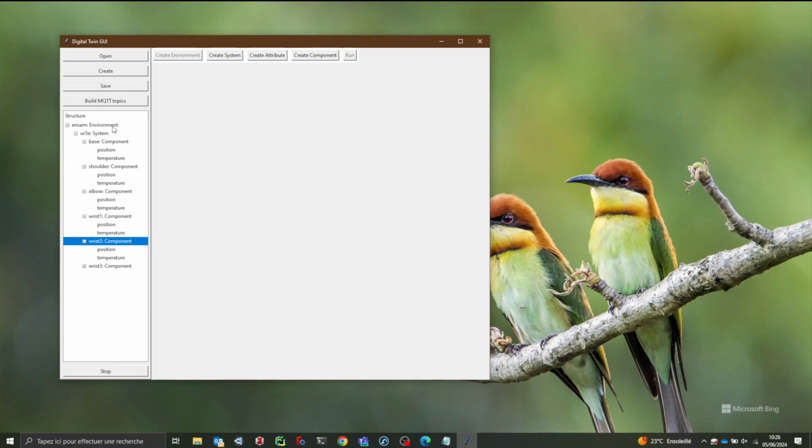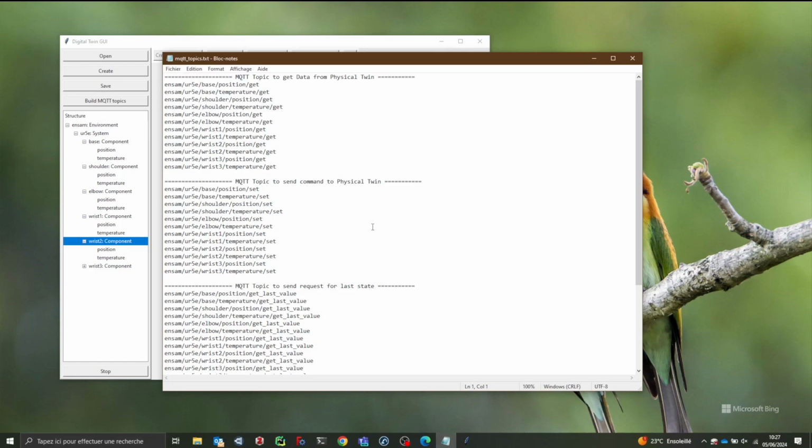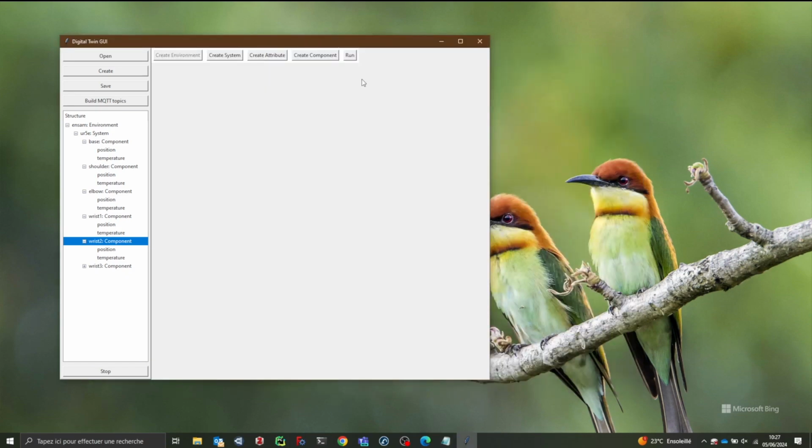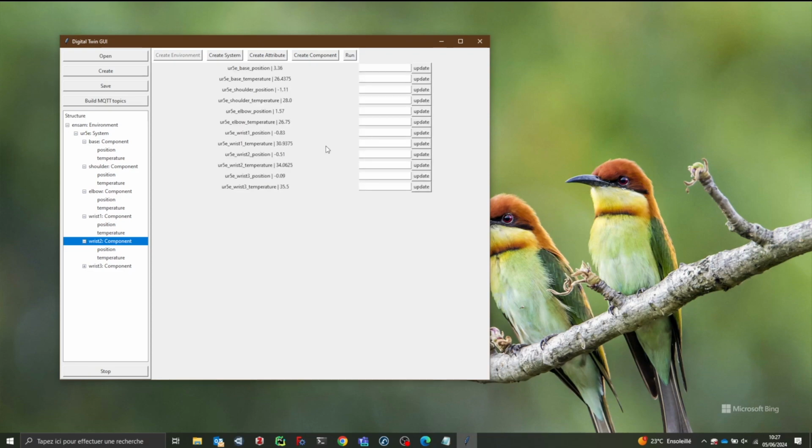Since we use the MQTT, we have to automatically build the MQTT topic and send these topics to the operators so that we can ensure safe communication between both parties. Once the button is clicked, we have a file of all the MQTT topic needed for our system automatically generated for us. When we click on the Run button, our GUI is populated with the attributes and their live value